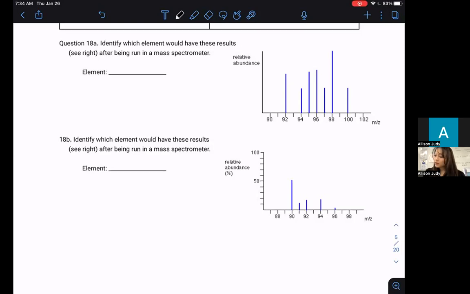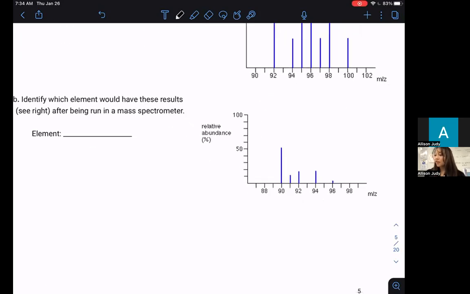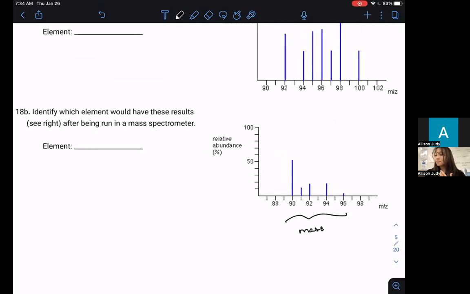So here we see on this mass spectrum, we always have mass over atomic ratio, M over Z. Overall, you can just kind of think of this as mass in general. Okay. And you have relative abundance out of 100%. We send our sample through, it diffracts, it breaks it apart, so forth and so on. And we get these results. And what you're immediately going to notice is that the most abundant isotope for this element is a 90 AMU. So whatever this element is, the most abundant is 90. And it's about